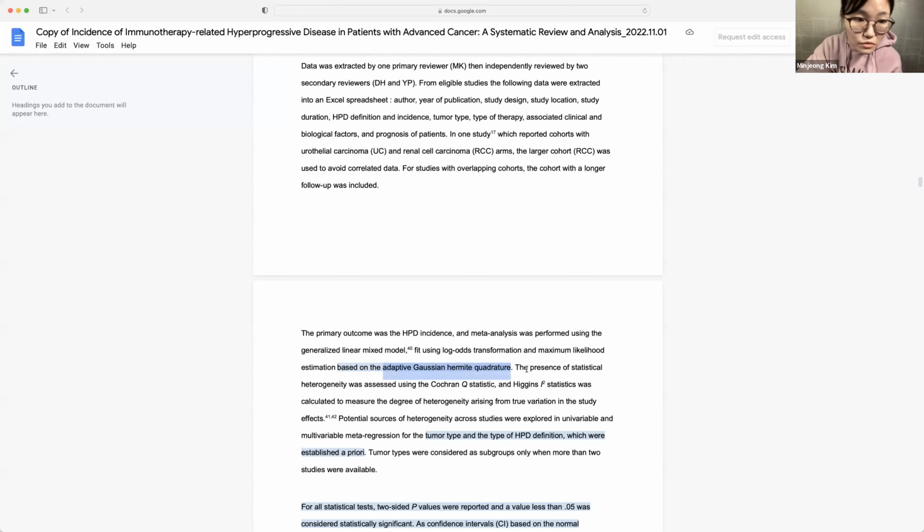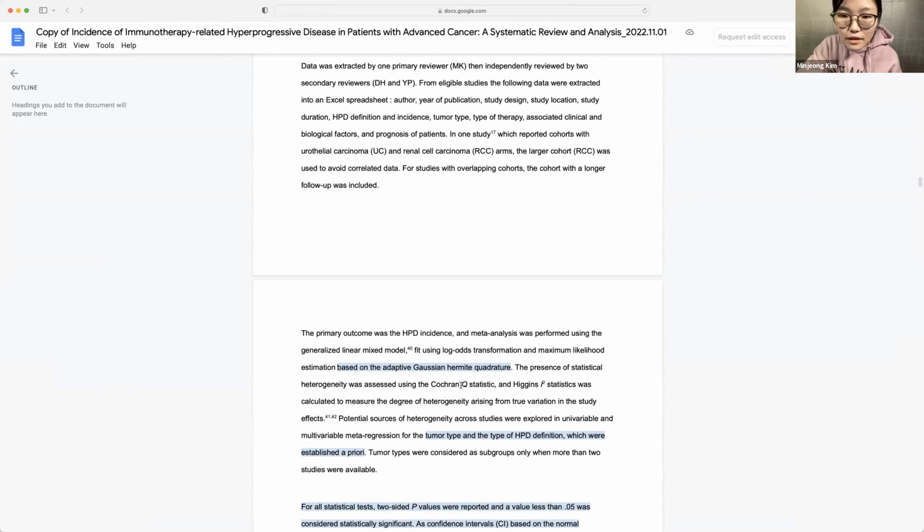One of them, the first one, being how the maximum likelihood estimation that we used in particular was based on the adaptive Gaussian Hermite quadrature, which is better for binomial distributions, which was specific to our data,